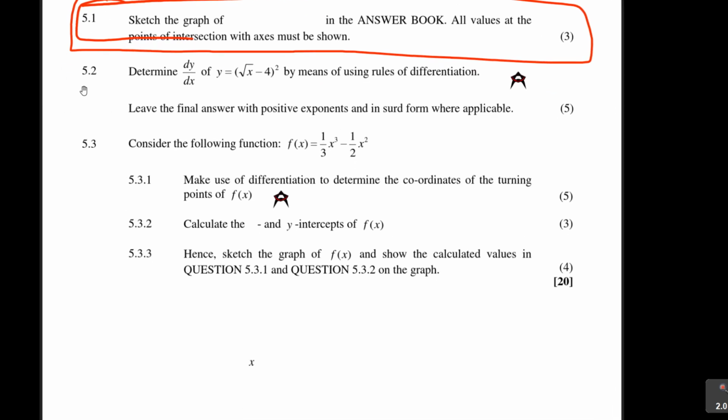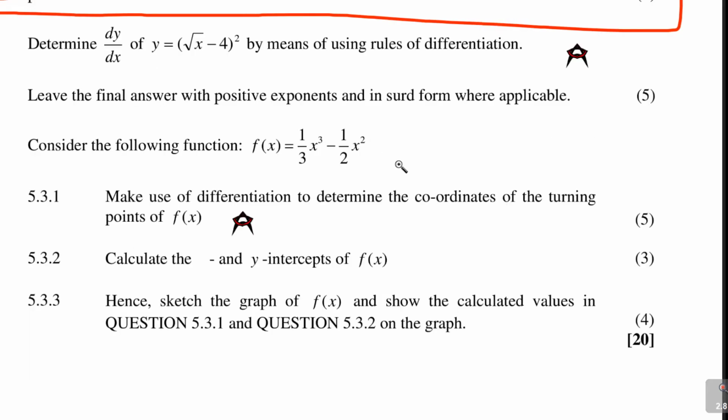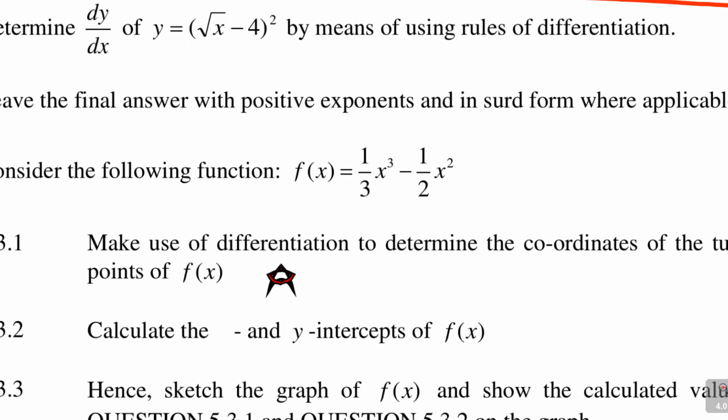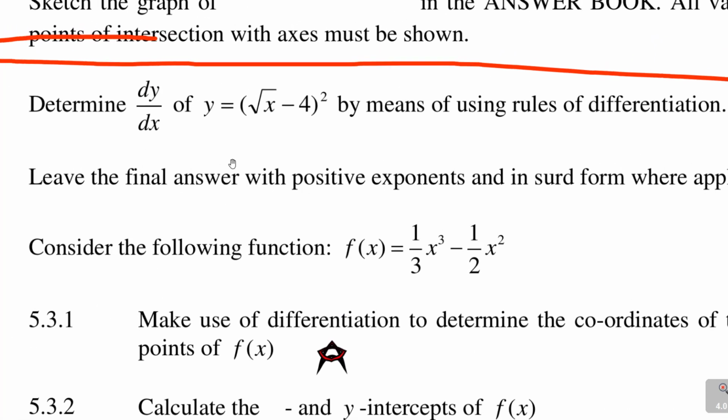Look at this. It says determine dy over dx of y. This is 5 marks. Leave your answer with positive exponents and in surd form where applicable. I also say it's not worth 5 marks, but let's look at this question. Please determine dy over dx if y is equal to open bracket square root of x minus 4 close the bracket,